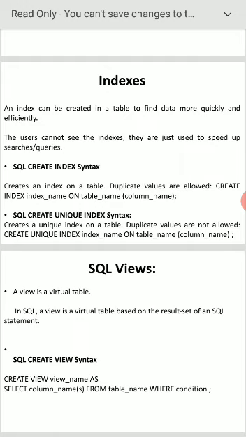CREATE VIEW view name AS SELECT column names FROM table name WHERE conditions. Virtually, what can you do? If you want to create a virtual table, physically it does not exist, but it looks like a physical table. That can be done with the help of SQL views.